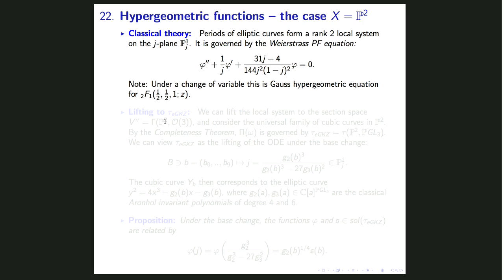So you could go to Wiki and find that this equation is written there. Okay, so this is known for over 150 years. Okay, so for those of you who are closer to hypergeometric equation, you could actually translate this equation into the ordinary Gauss hypergeometric equation by simply a simple change of variable from J to Z, okay? Where J is expressed as a certain rational function of Z. So under this rational change of variable, this equation is nothing but the 2F1 Gauss hypergeometric equation.